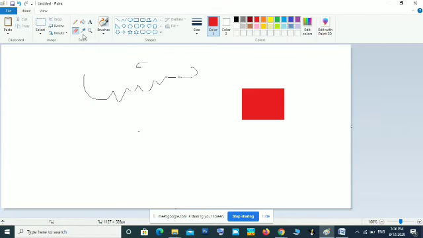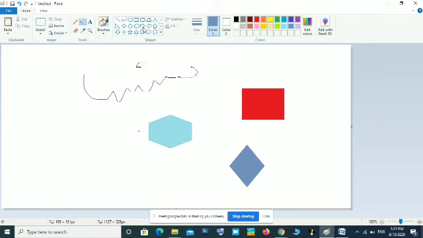Okay, after that the color picker. This tool also we discussed. If you want to select any color from the image, you can use this. For example, in this color I am filling a light green. Then another shape I am drawing. Here another shade of green, another shade of blue I am using.